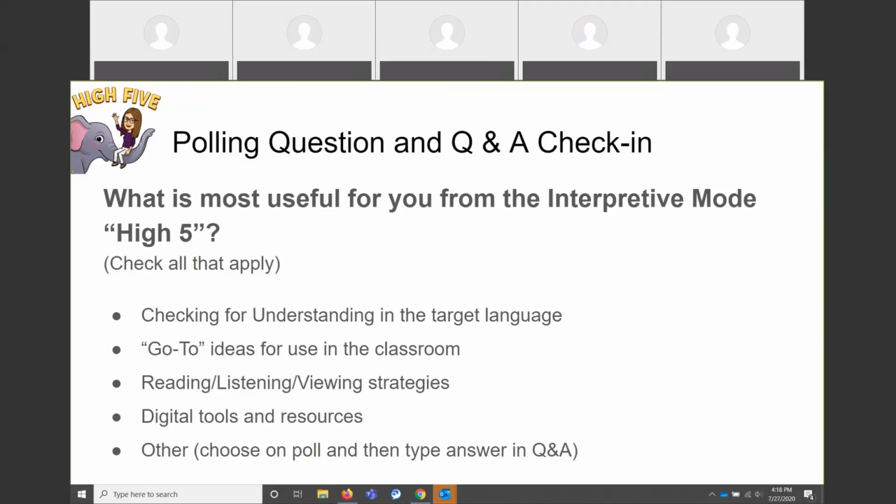Let's take a look. In your control panel, you should see the results coming up. It looks like almost all of you, over 90 of you who are on the line today with us, and then we have over 130 total, said that the digital tools and resources we shared would be something that you would want to take a closer look at because they could be very useful to you. And we hope you'll take a look at those and continue to share suggestions with us of other tools you find that would be good.